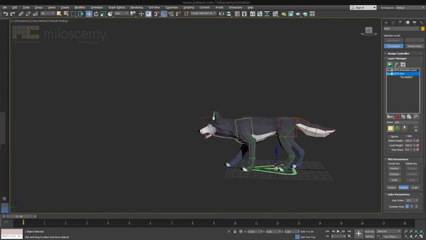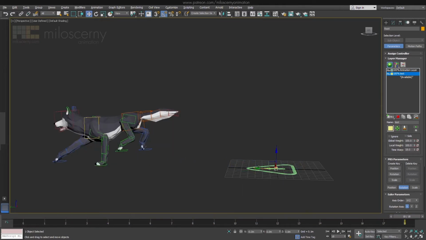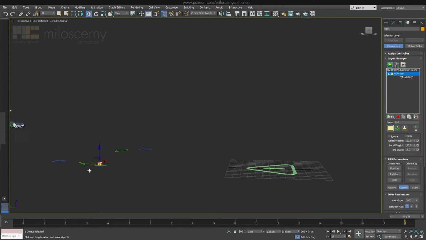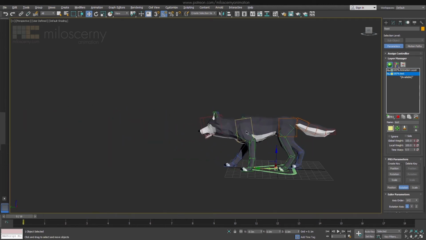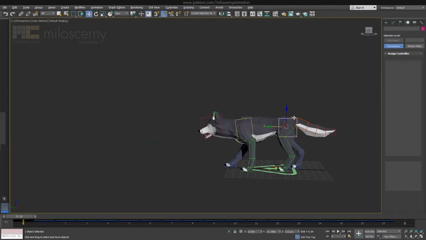At frame 0 the root bone is placed fine, but at the last frame we need it to be below the wolf. But if we try to animate it now, it will of course move the pelvis as well. This means you would have to always animate pelvis bone with root bone as an effector, which is wrong. The correct way how to set this up is actually very simple.